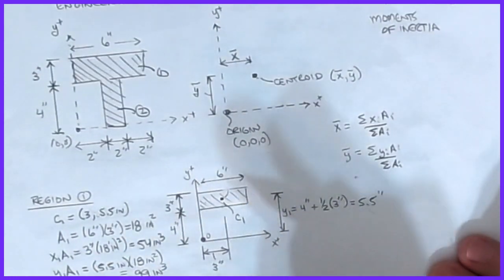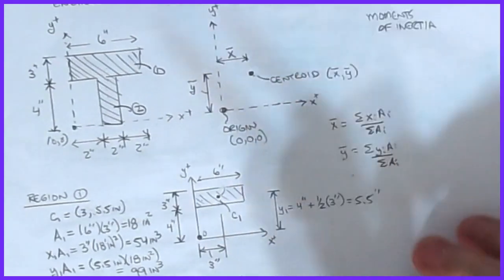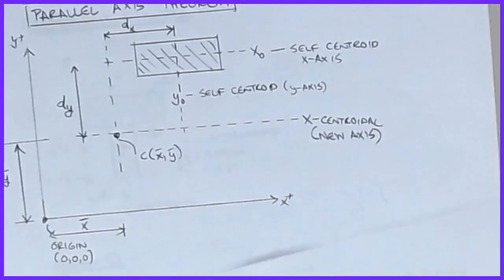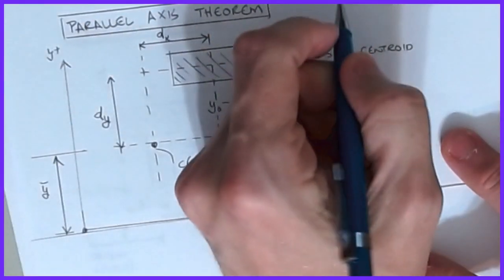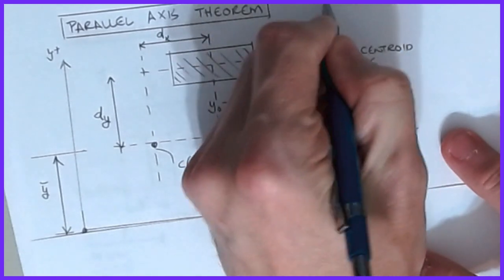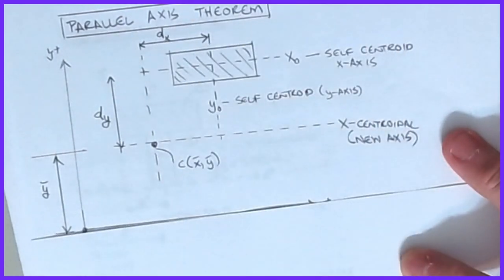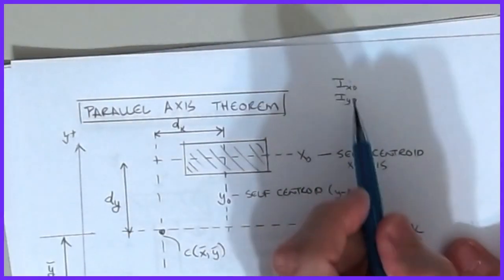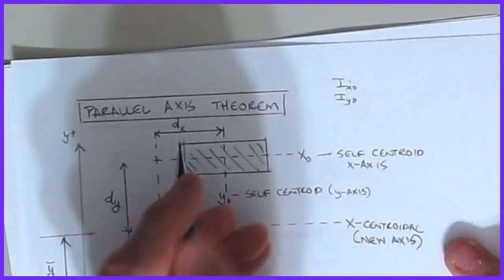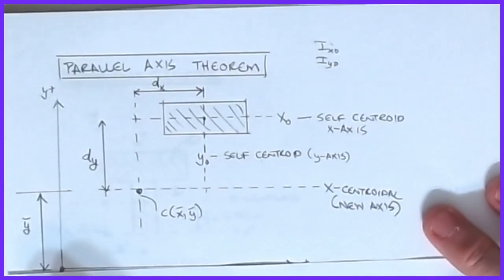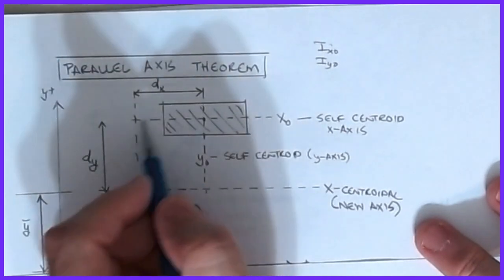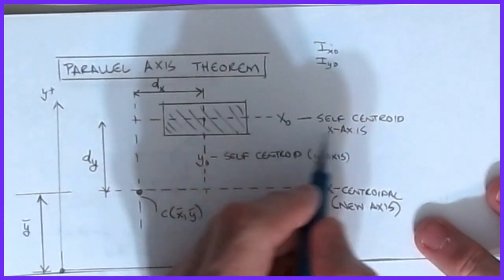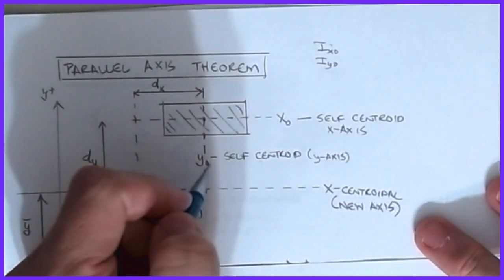So all we're going to do is start drawing some sketches that are similar to these when we do our moment of inertia calculations. All right, so here's what the parallel axis theorem does. As we talked about, for a general region, we have the ability to calculate Ix naught and Iy naught, the moments of inertia of a region relative to its own centroidal axis. So I've taken our rectangle and drawn in its own centroids. Here's what we call the X naught axis, its self-centroid, and here's the Y naught axis,